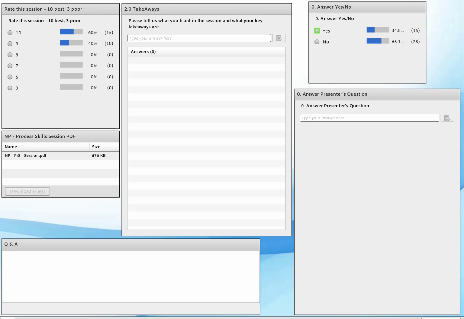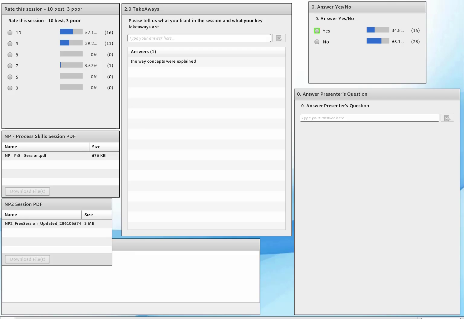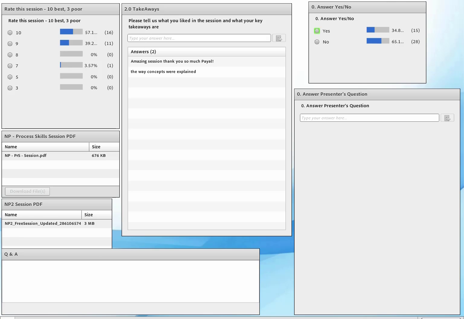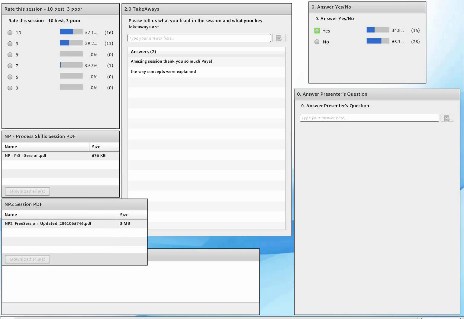Okay. Now this is another PDF, which is with regards to process skills, and I absolutely want you to go through that process skill file. But let me also share the PDF for this particular session. So give me 1 second here. All the process skills that I explained to you here have been detailed out in this session. In the PDF, it says number properties process skills session. And then this one over here, number properties 2 session PDF, is the session PDF for the session that we conducted here.